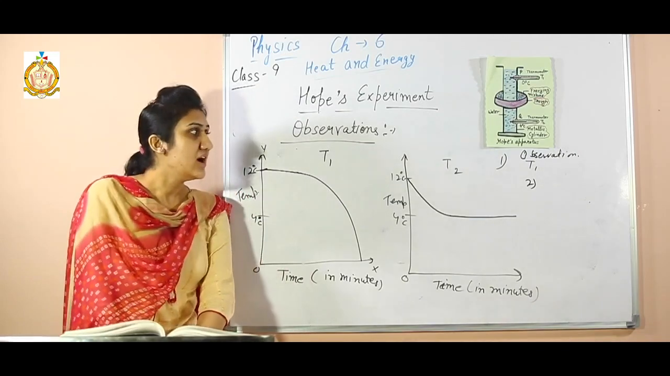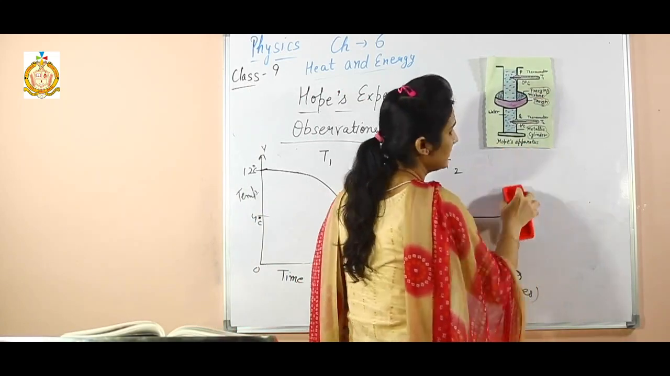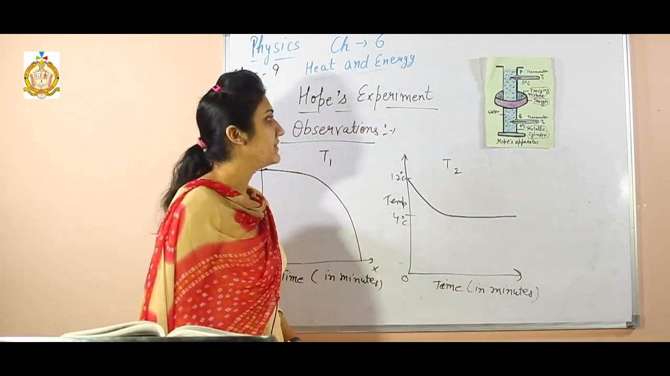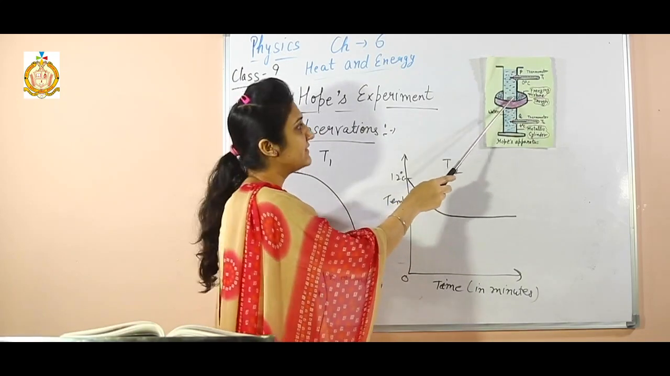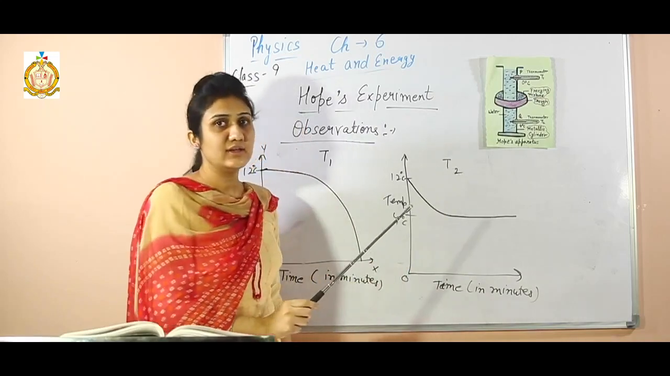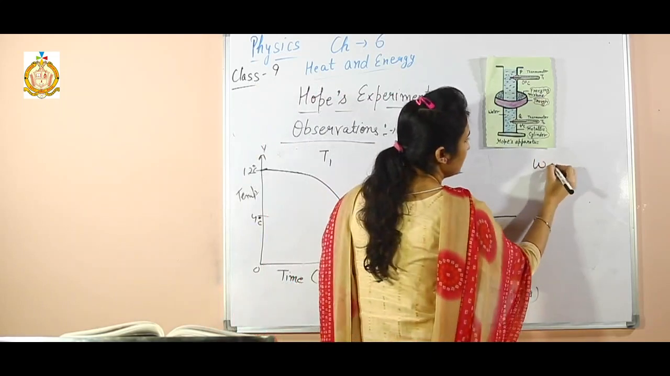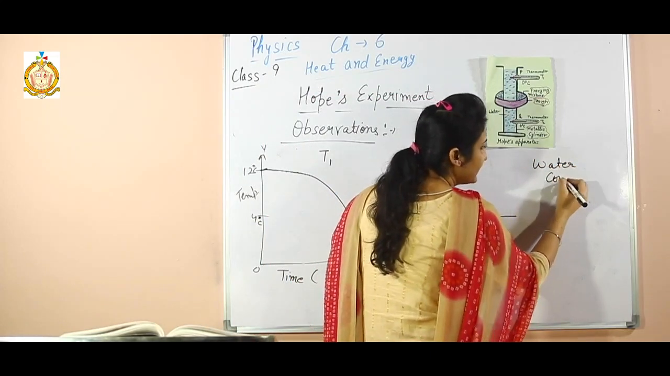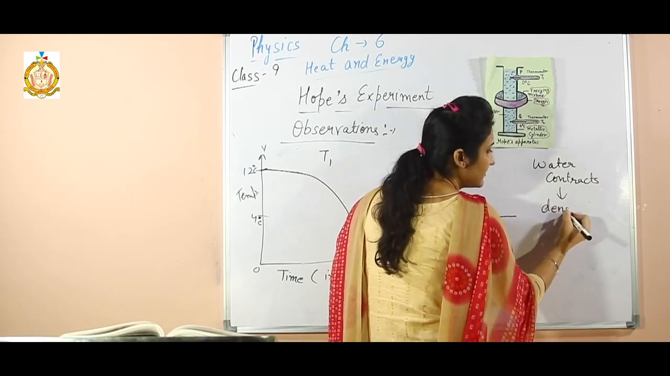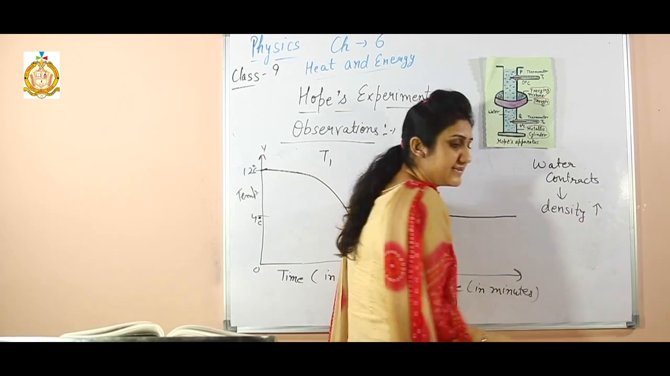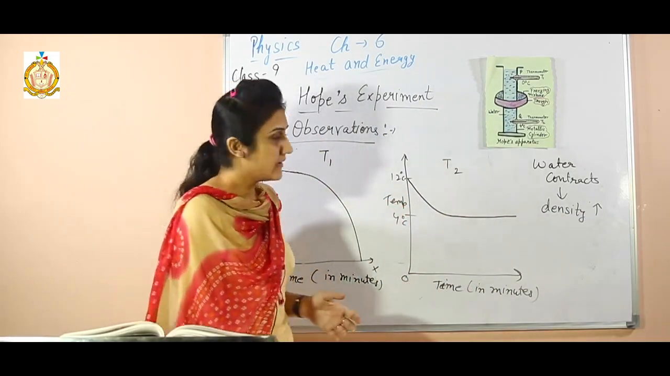Now let us see how this happens. This happens as the freezing mixture cools the water present near the central part of the metallic cylinder. As the water cools, it contracts. Water contracts and then the density of the water increases. If the water is contracting, then its density would increase because volume is decreasing. And